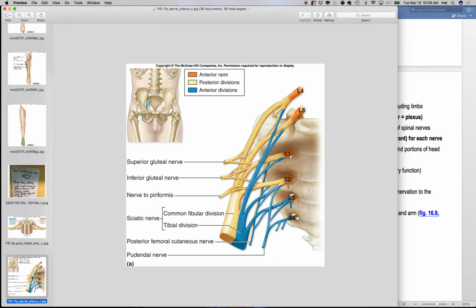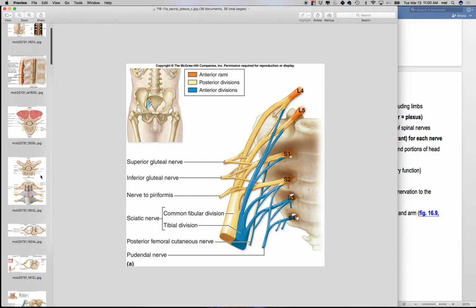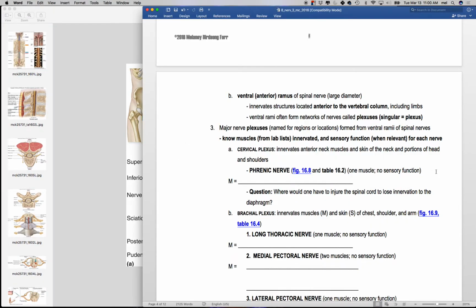So the cervical plexus has the atlas and the axis, yes? The brachial plexus has the first rib. The lumbar plexus has nothing. And if you can't identify the sacral plexus, you have not been paying attention, because that's a sacrum, right? So they're pretty easy in that way. Okay, so what you are going to have to do is,